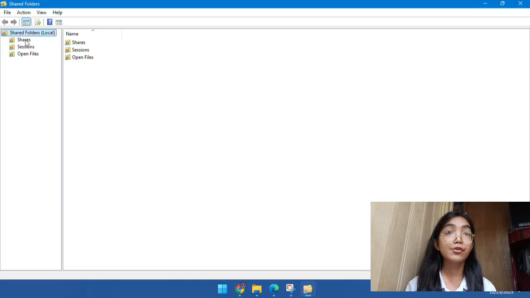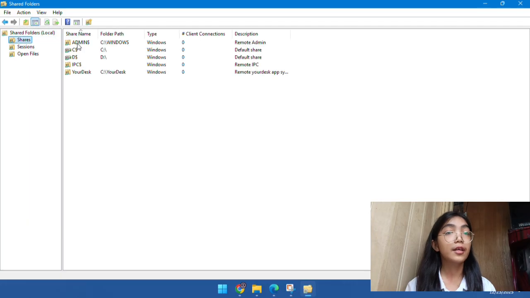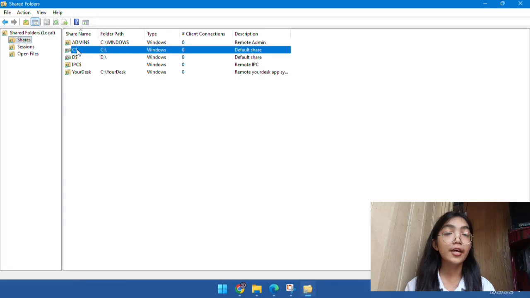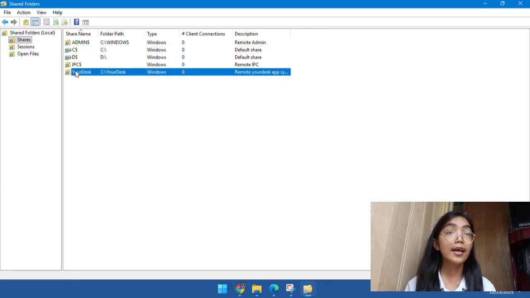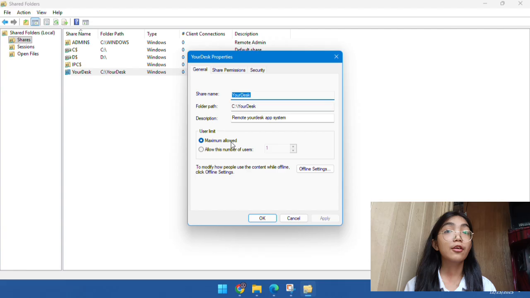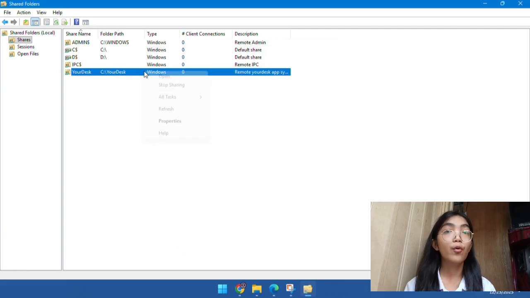In the Shared Folders console, click on Shares in the left-hand panel to display folders currently shared on the computer. Now, you can see that sharing the Desktop folder seems to be unnecessary, so what we do is right-click and select Stop Sharing. Then confirm the action by pressing OK.